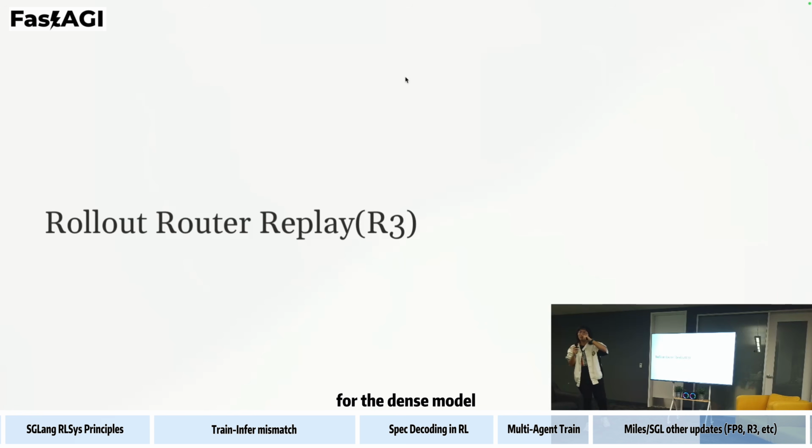It is like for the dense model, each token going to the layer goes everywhere, and then you get the outputs of that layer. But for MOE models, you only go to several parts of that layer, and then it gets the outputs. So in each forwarding, the MOE model's router selects which experts the token actually goes to.